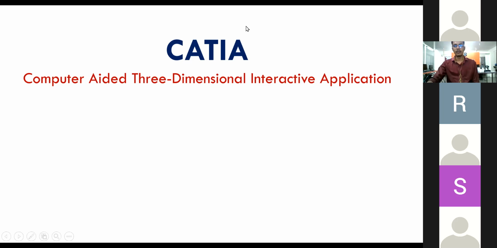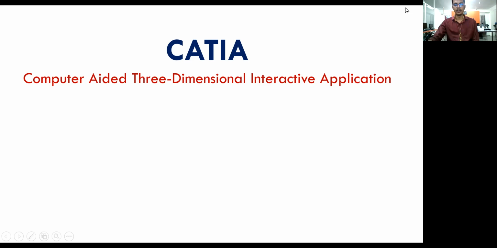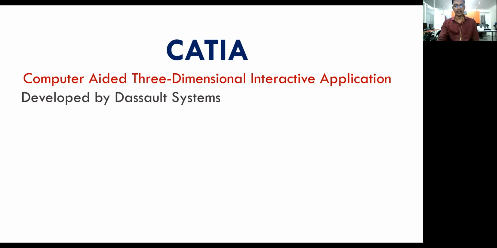So what are all the workbenches we have in the modeling software? CATIA is developed by Dassault Systèmes. Dassault is the scientist who invented CATIA in around 1982. He invented CATIA majorly for aircraft designs.